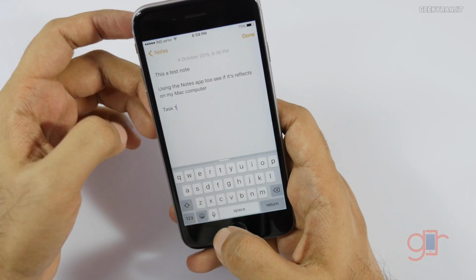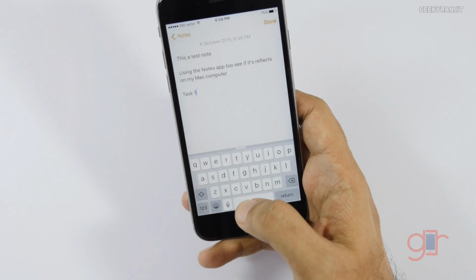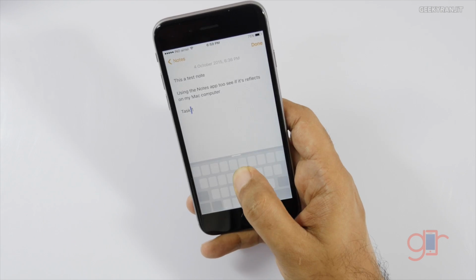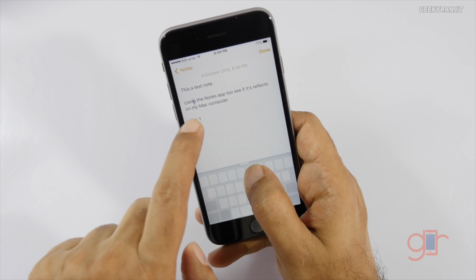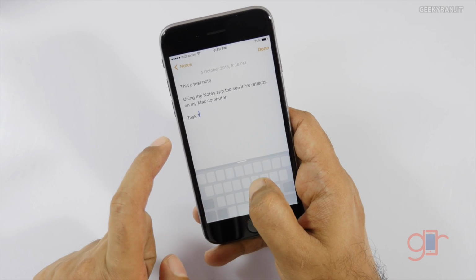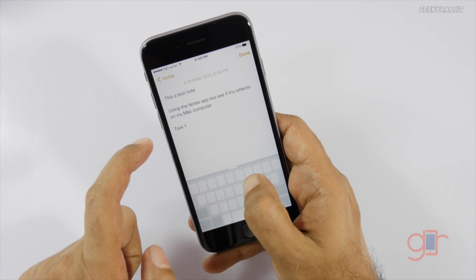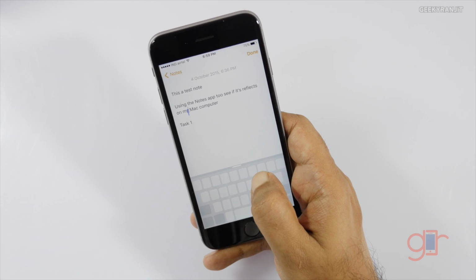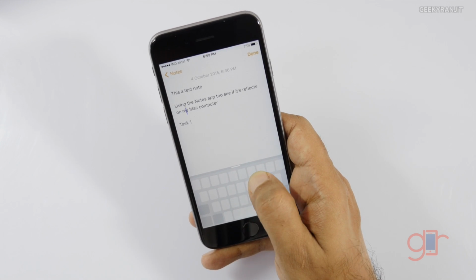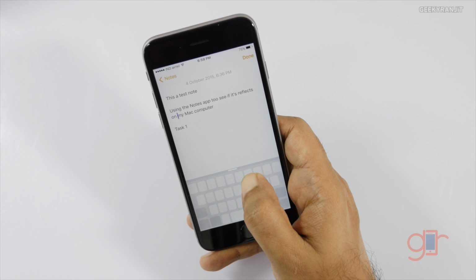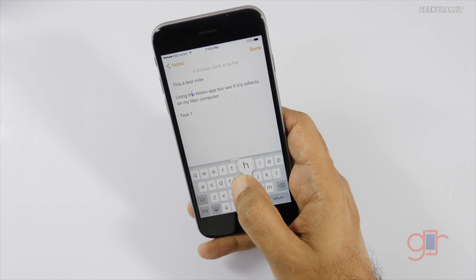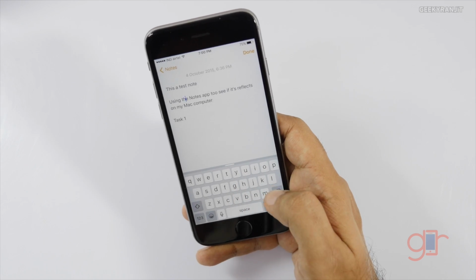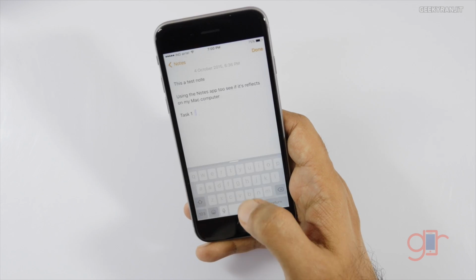Now this is the one feature that I really love using 3D touch. For example, let's open the Notes app, and I have this note. And if you now force touch this, that is the 3D touch, the keyboard, as you can see, acts like a cursor. And I feel this is really helpful, and this really helps in precisely moving to the area that you want. And if you just leave it, you're there. So I just love this feature. As you can see, it works really well. And I'm using this feature almost everywhere. Wherever you have the keyboard, you can use this feature.